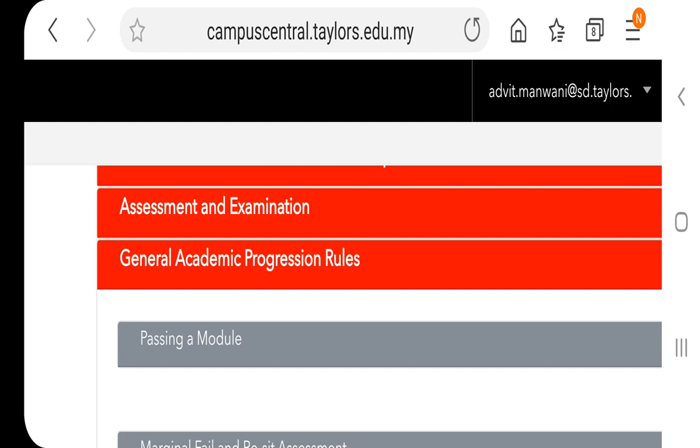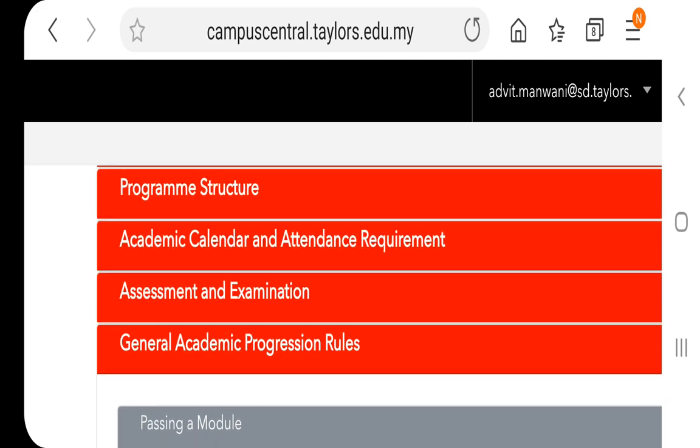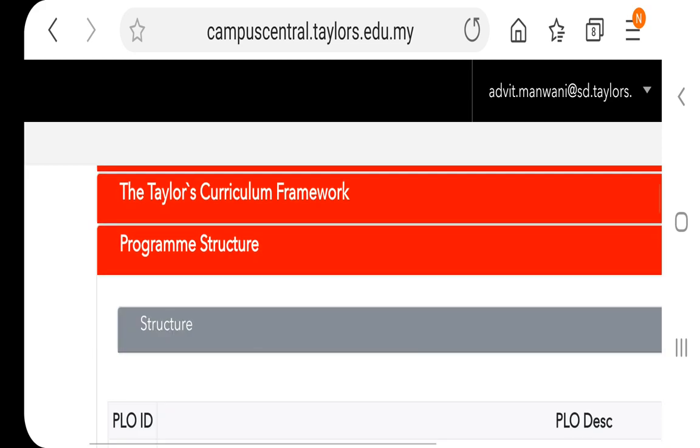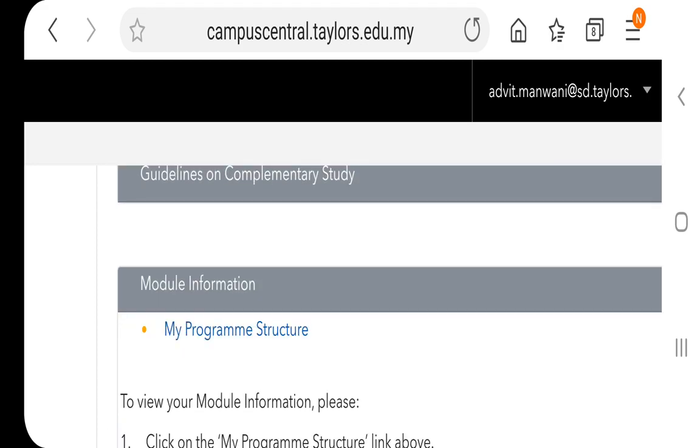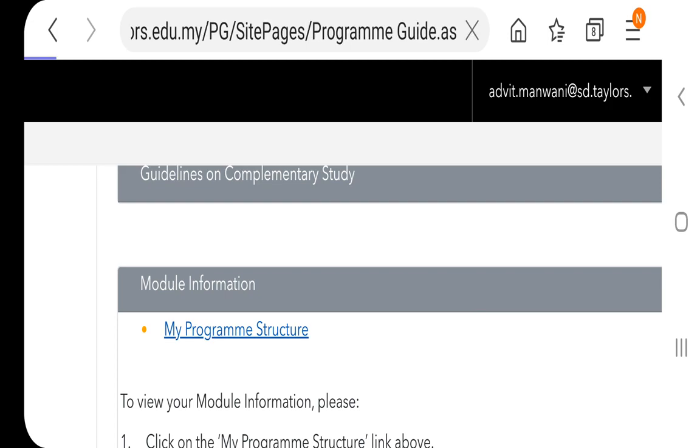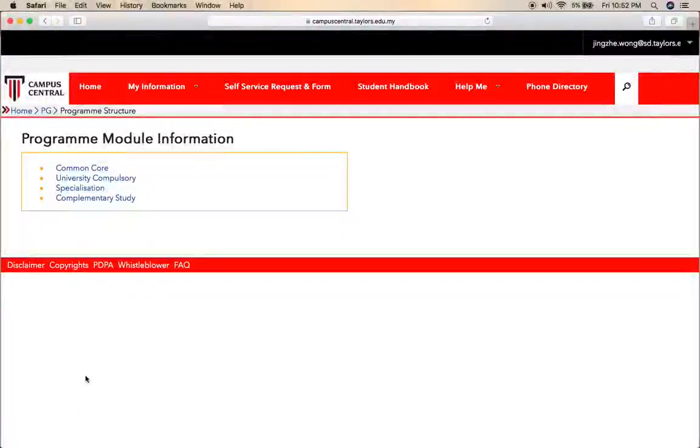yeah? Now, to review your choices of specialization and complementary study options, what you need to do is you need to click on program structure, right? And thereafter, click on module information and then my program structure. Once you click on this link, you will see categories of modules that forms part of your program. Do take the time to browse through this section and take note of all the modules that forms part of your program. However, for the purposes of reviewing your options, the section that I need you to focus on is